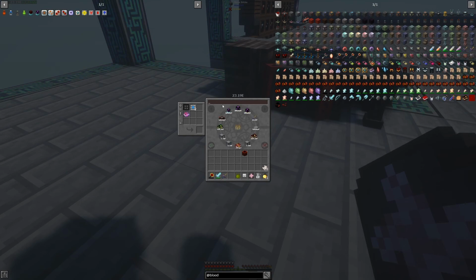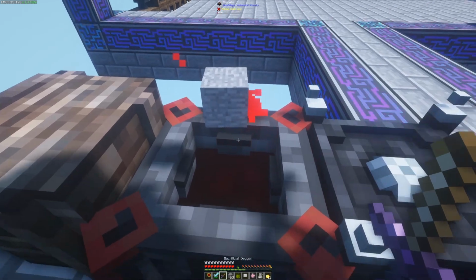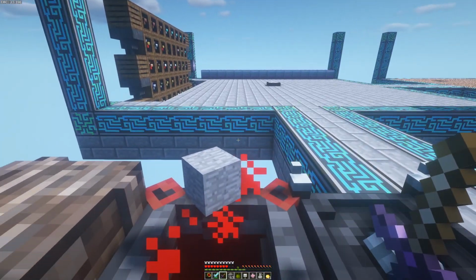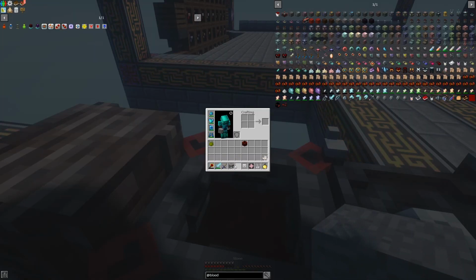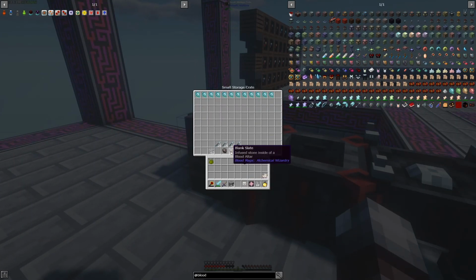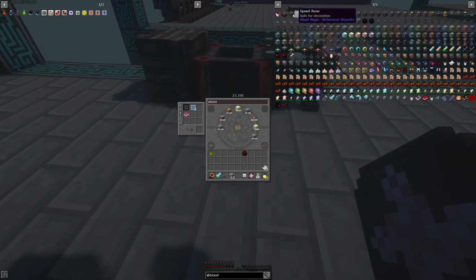So let's grab some stone. Let's grab a stack just for the sake of doing it. Put 1 in. And then you have to cut yourself. And then you get your blank rune. Or what is this called? Blank slate. So that's that. And then you need